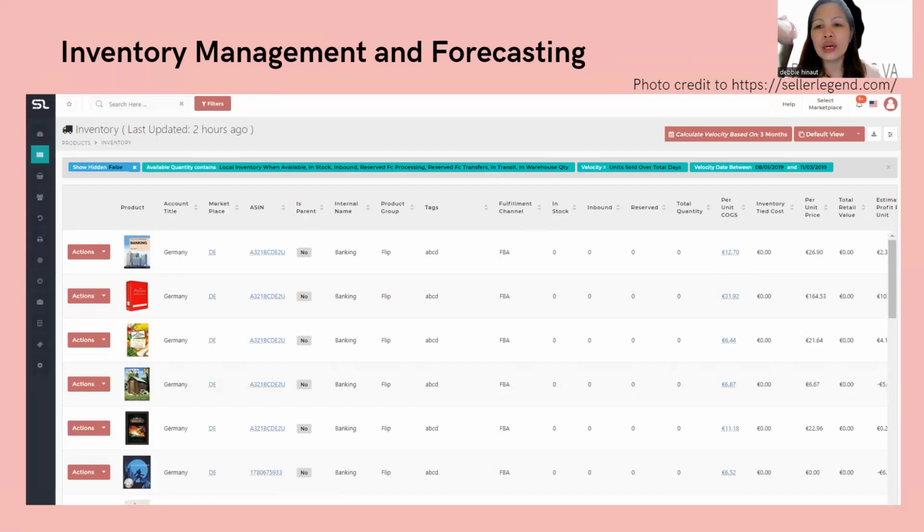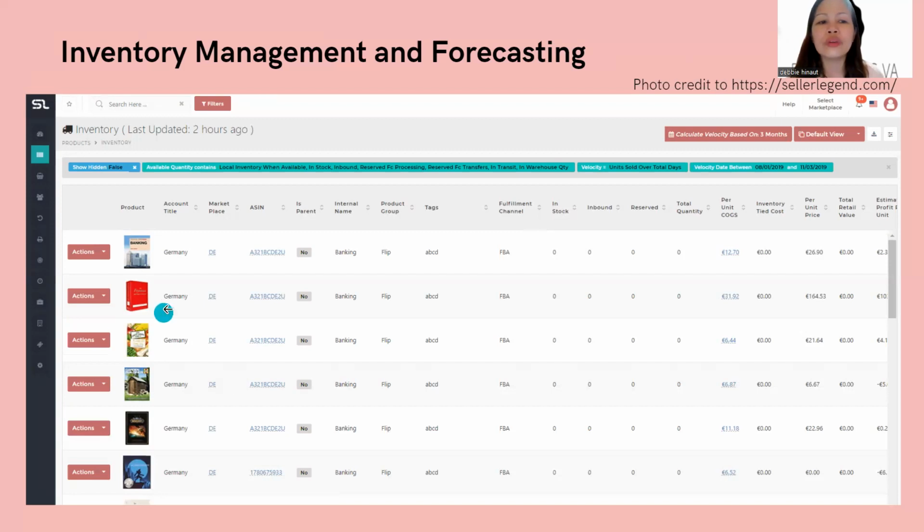So, once hindi pa siya na-change, you can update it from here. Okay. So, inventory tied cost or unit price. So, 12.70 ang kanyang COGS or yung cost of goods sold niya. So, ang benta niya is